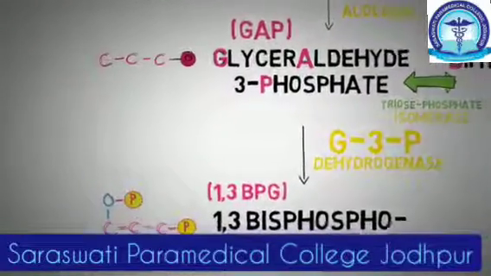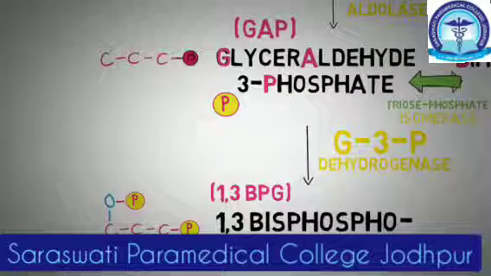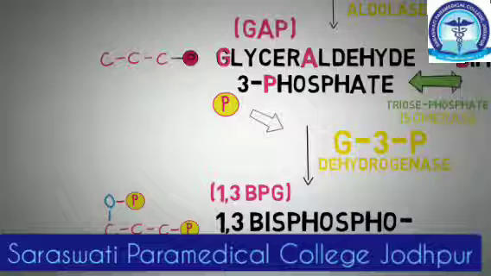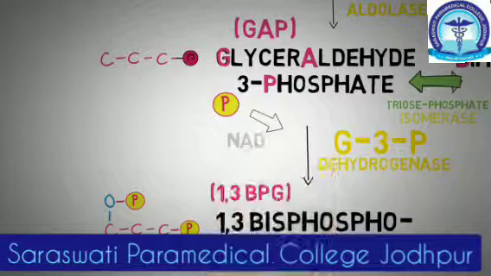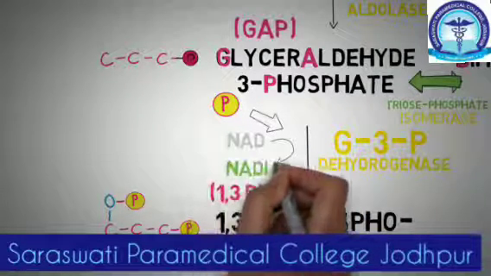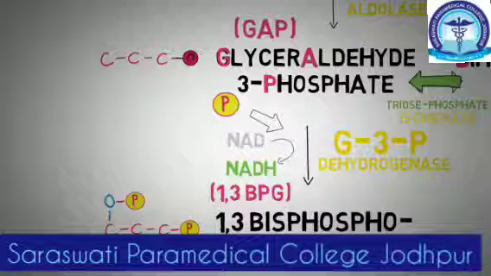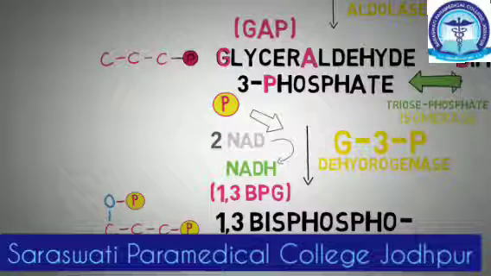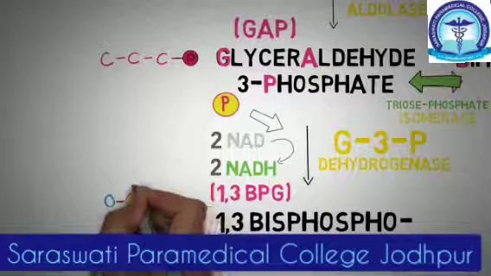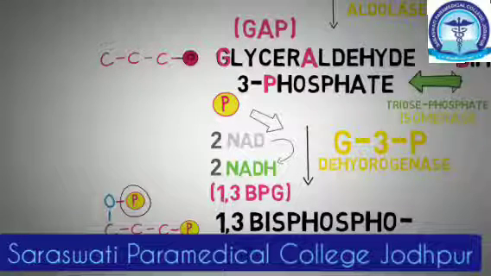The conversion of glyceraldehyde 3-phosphate to 1,3-bisphosphoglycerate uses a molecule of inorganic phosphate that is being attached to the carbon number 1. And this reaction is also very important in a sense that NAD is being converted to NADH. This NADH will be further used to make more ATPs in the electron transport chain. Now since we have 2 molecules of glyceraldehyde 3-phosphate for every 1 molecule of glucose that enters glycolysis, 2 NADs are actually being reduced here, which generate 2 NADH. And here you can see the second phosphate group that is being attached to the glyceraldehyde 3-phosphate to make it